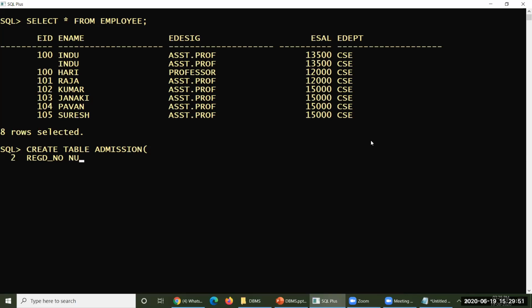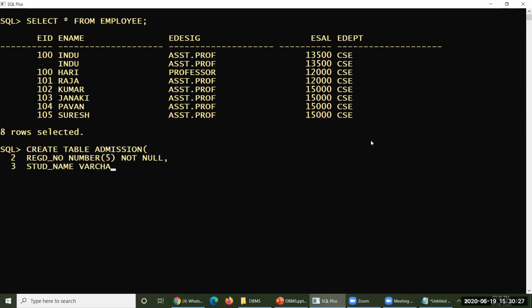register number, so number of 5. So I have already told you that you never ever enter null values. So whatever the data you have entered, that must not be equal to null, so not null. If you avoid writing this not null here, then it may accept null values. There is no problem. But you are trying to enforce one restriction that whatever the value you have entered into this particular column, that must not be null. That is the meaning.